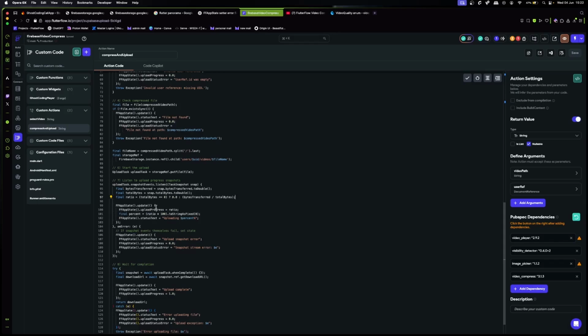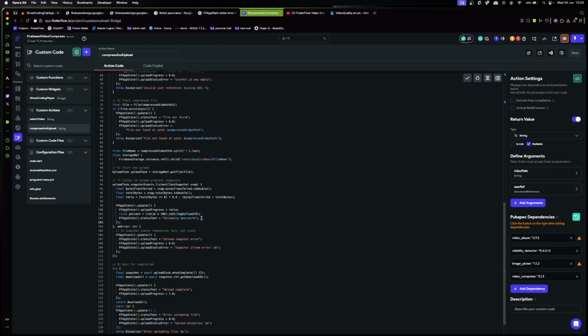Now, we're then updating our app state with the upload progress, which is equal to this ratio variable we've created. Now, the final percent value is equal to ratio divided by 100. Why? Because total bytes transferred over total bytes will return a value out of 100, so it's 70%, for example. Now, we don't want that. We want to have it as a value like 0.7 or 0.4, where 0.4 will be 40%. To do that, we're going to divide this ratio by 100, and we're going to put it as a string value.